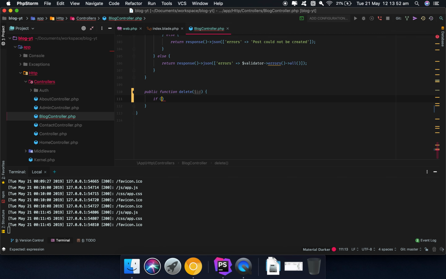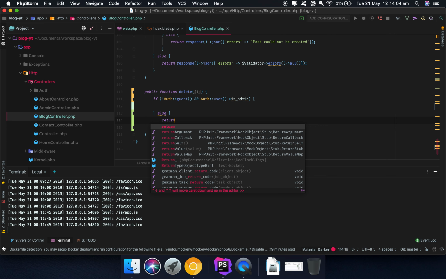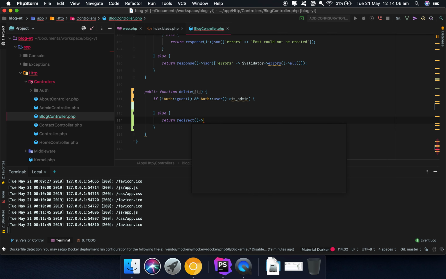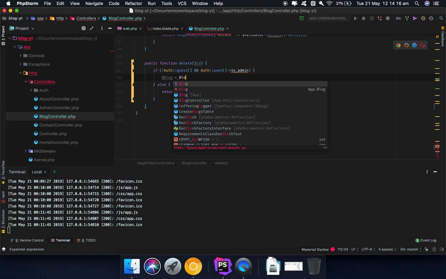Then we can go in and say if the same again actually. Then we can say else return redirect home. So basically what we need to do now is we need to create this variable that will find blog